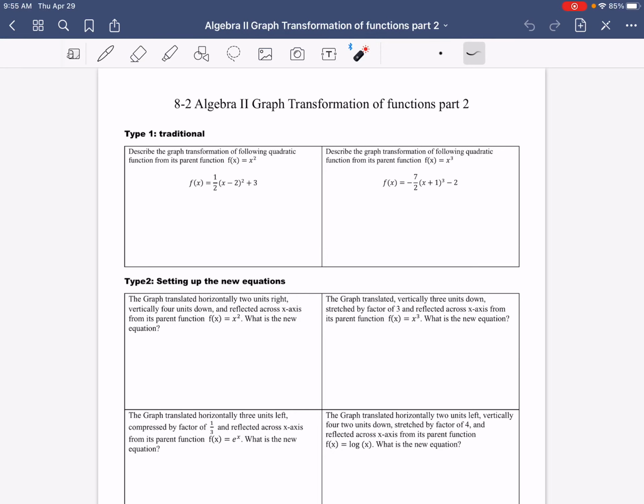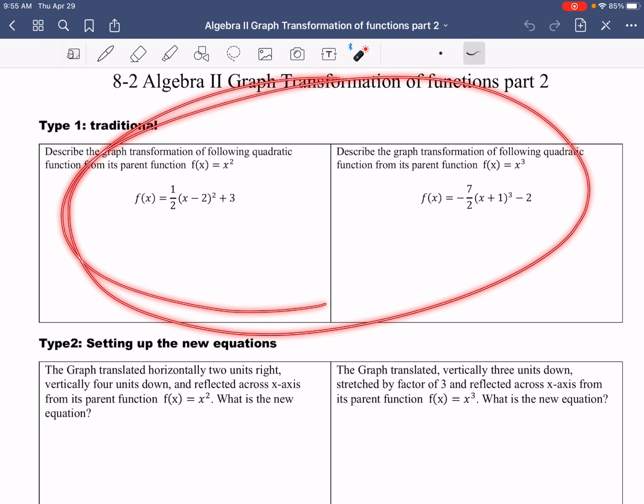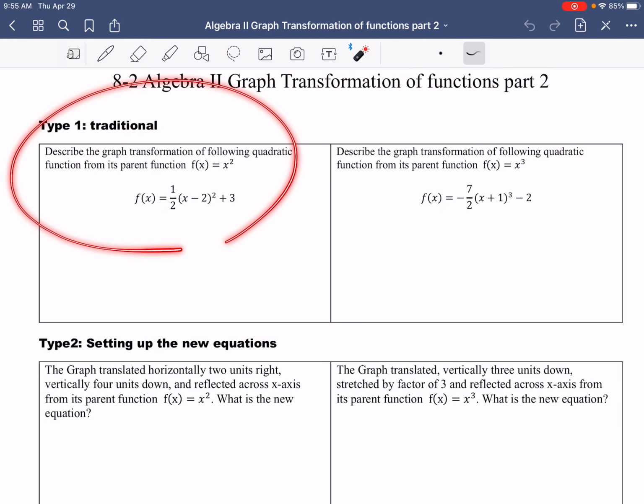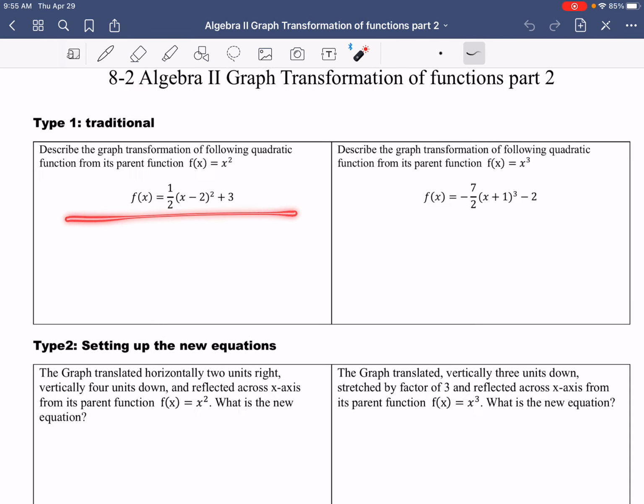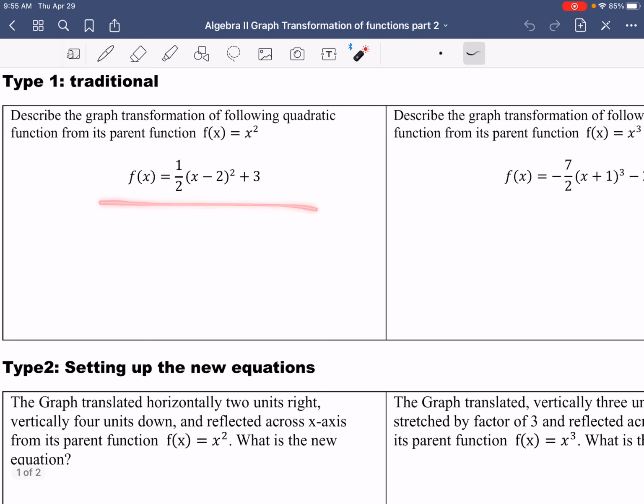Okay guys, this time I'm gonna teach you part 2 of graph transformation. So the first two questions are a review from what we have learned last time. As you can see, for the traditional method, we have to see how the graph moves from here to here. Okay, so now we have 1/2, which is less than 1, so it's gonna be compressed